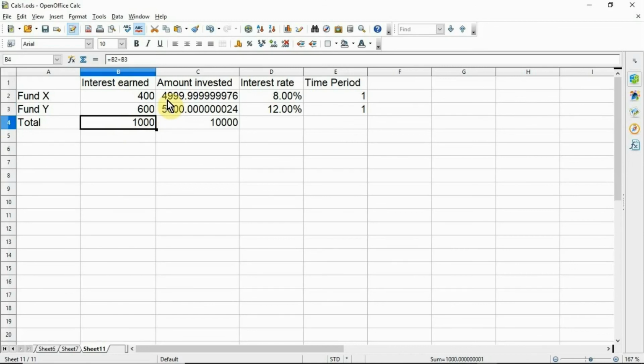When you invest in fund X 4999 and in fund Y 5000, then you get the annual interest of $1000.